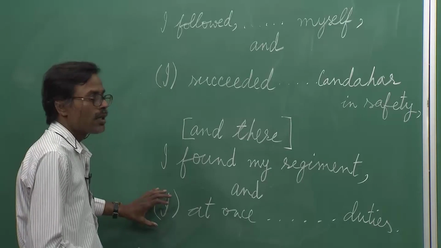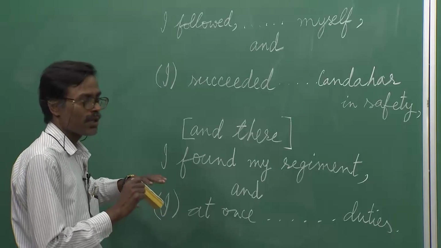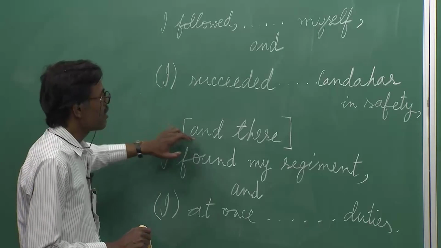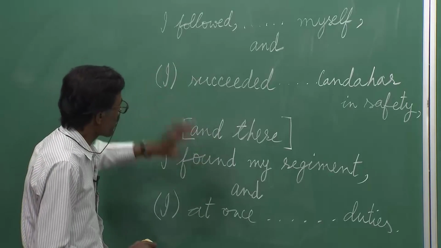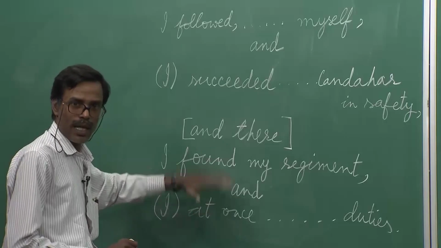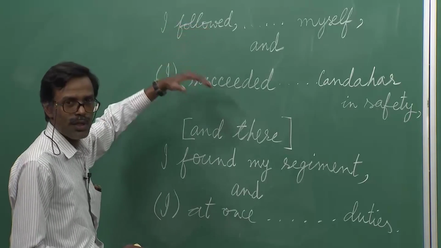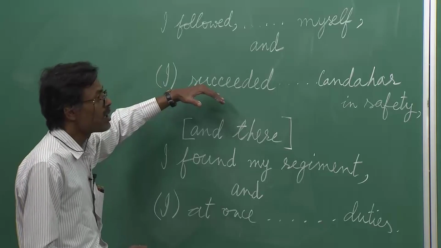Or you can interpret it as a compound sentence having 2 clauses, one is this one and there onwards the rest of it is here. This clause itself has 2 subclauses in the compound structure. This clause also has 2 subclauses in the compound structure, out of which